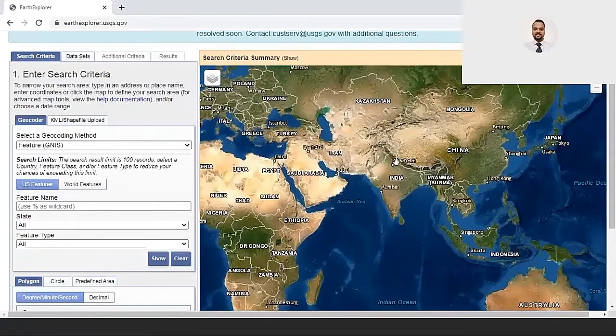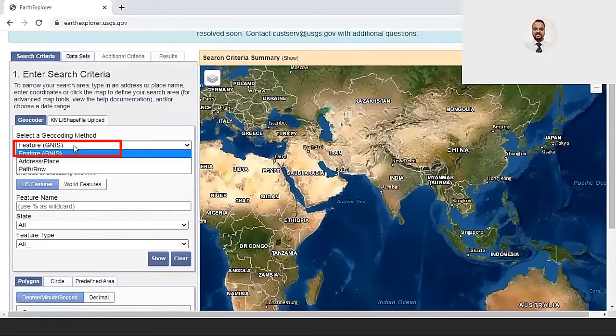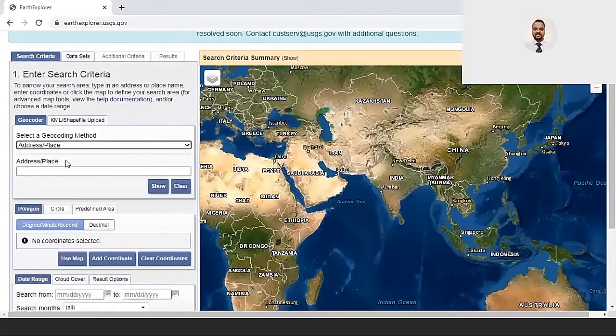Here I want to search for Satara city. That's why I am selecting the feature option GNIS and clicking on that. After clicking, we see this option. Here I select address and place and type the place for which we want the satellite images. I type Satara and then click on the show button.